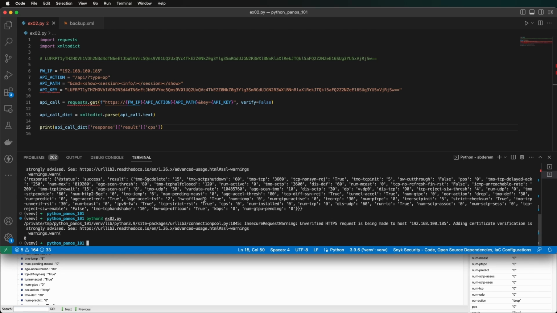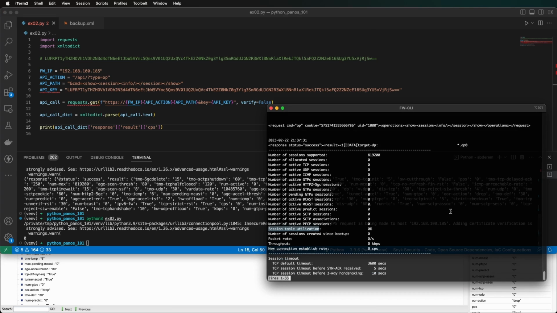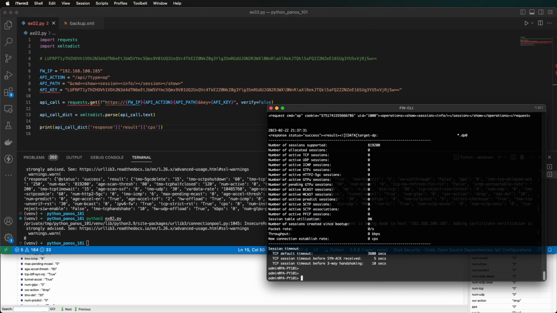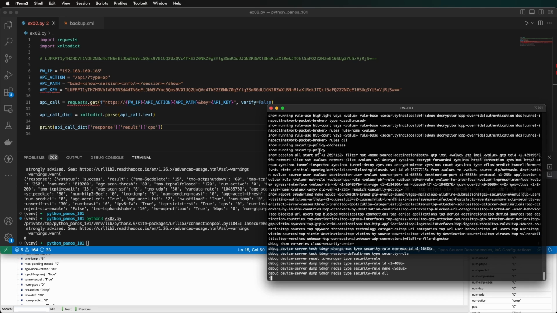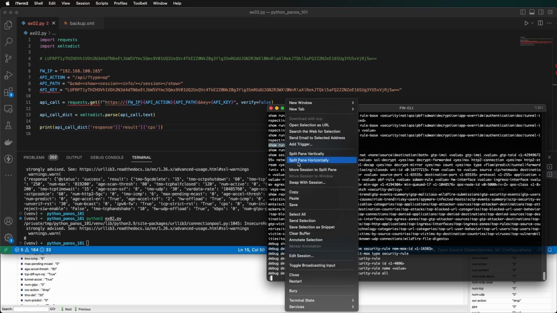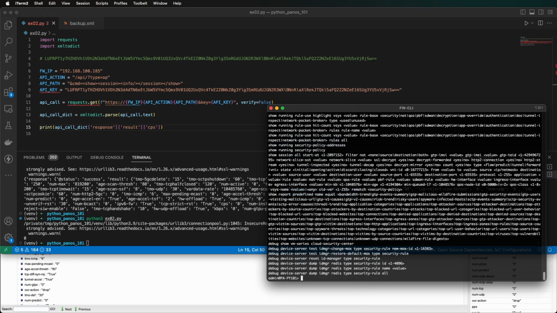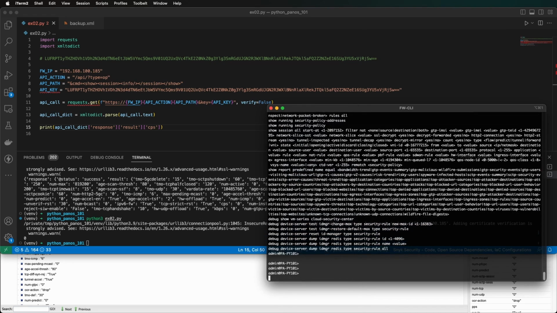So we extracted the correct information, and this is how we build our own API call based on a CLI command. The same is true for any CLI command that you think of. For example, let's try and find another command keyword, let's say security, let's say show running security policy addresses. Again, it's a good one. If I run the same CLI command,